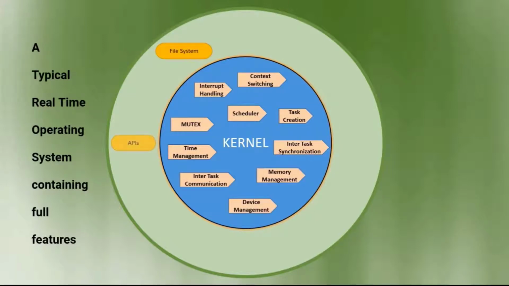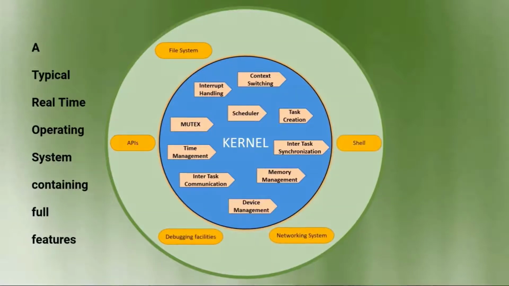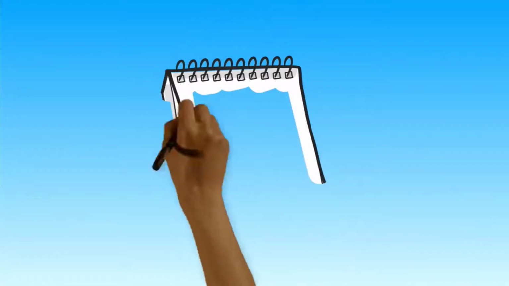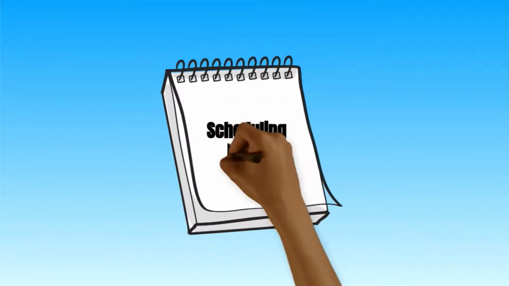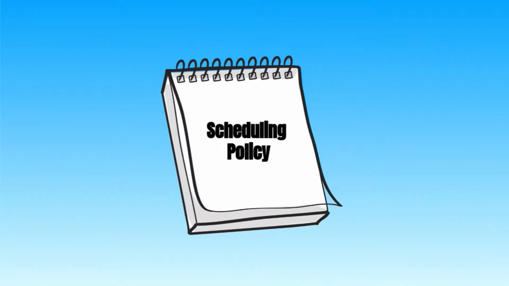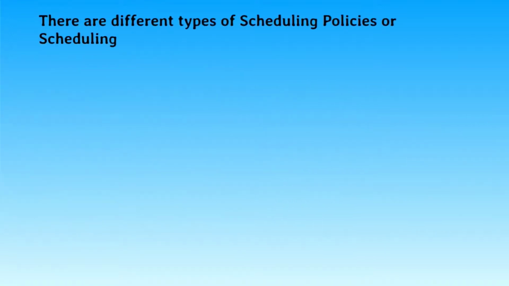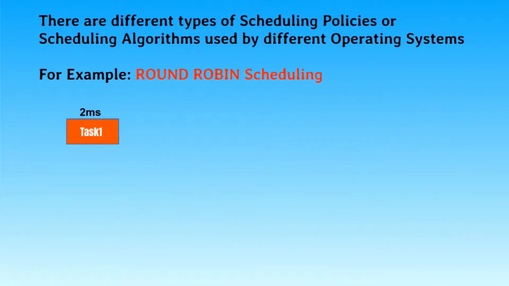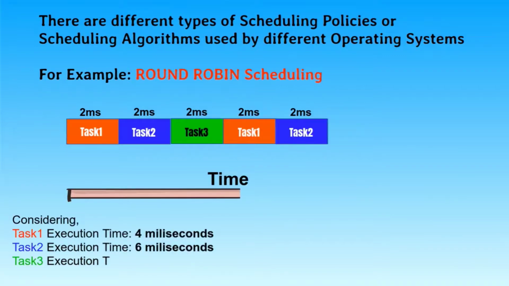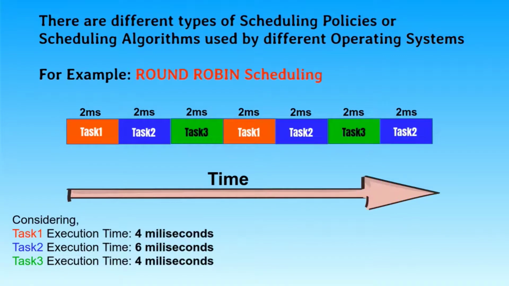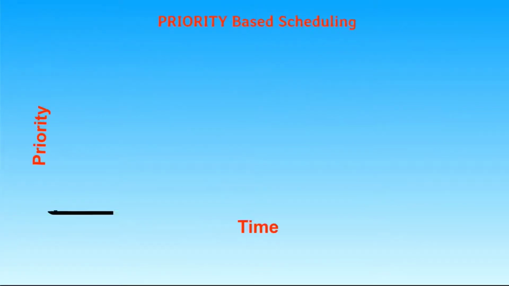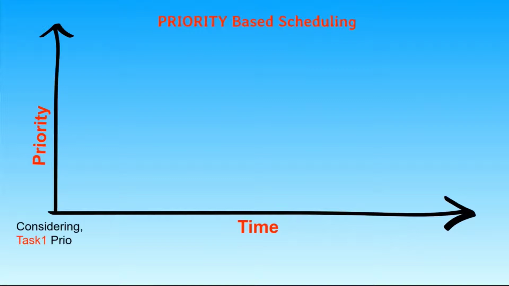The scheduler of any real-time operating system is the part of the kernel, and the scheduling policy is the algorithm of an RTOS used by the scheduler to decide which tasks to execute at any point of time. The policy of a non-real-time multi-user system will most likely allow each task a fair proportion of the processor time or the CPU time, whereas the scheduling policy used in real-time operating systems is usually priority based.